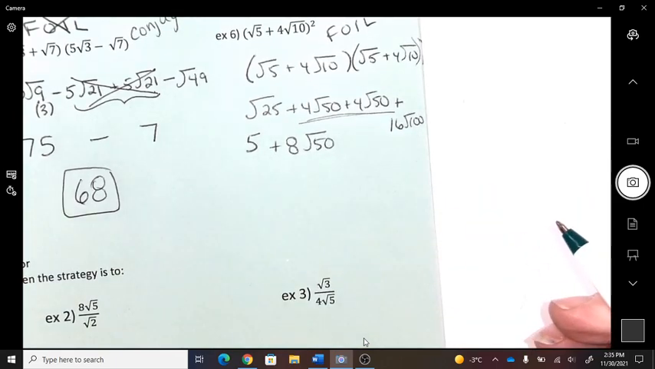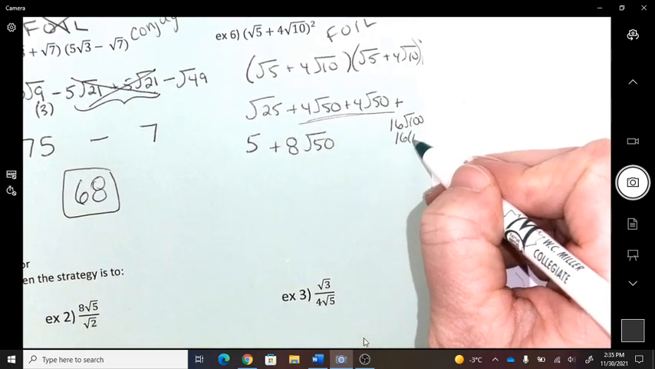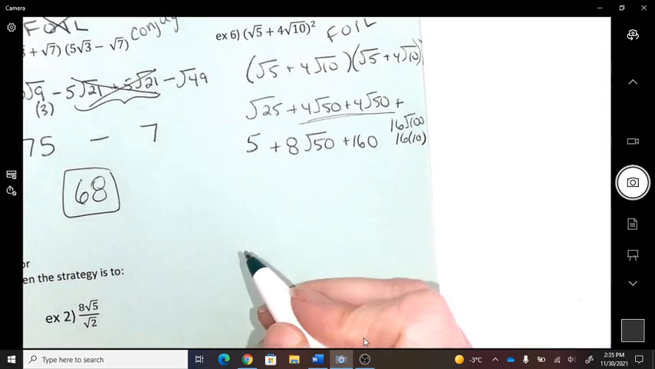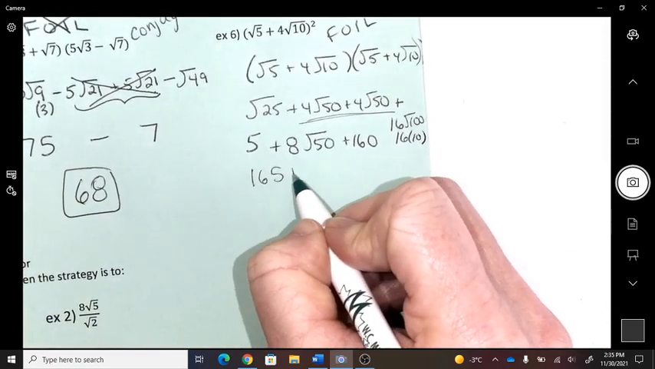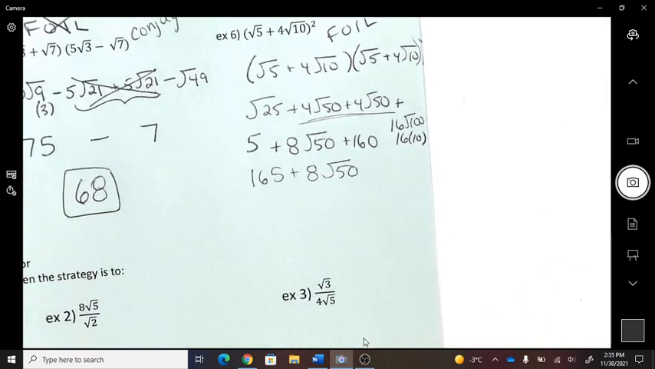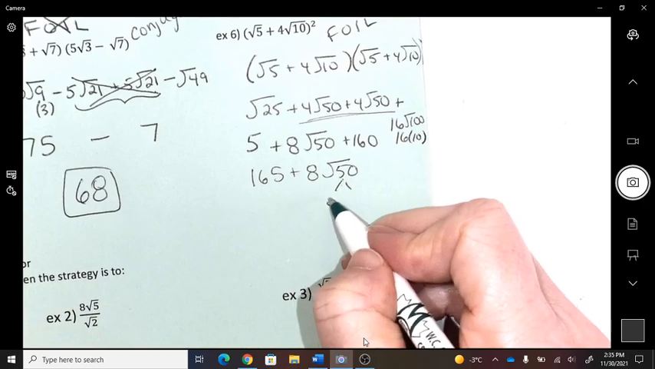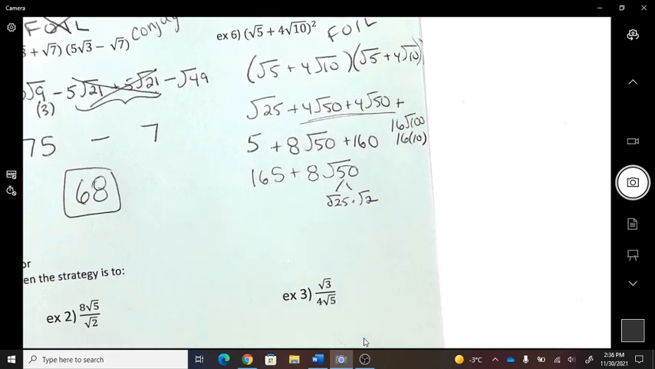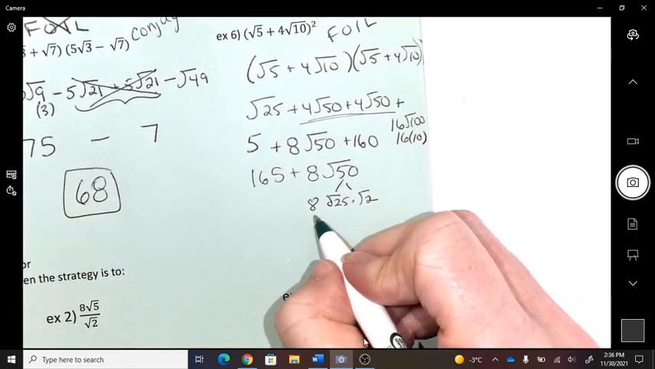16 times root 100. Can you work with that? That would be 160. 16 times the whole number 10. So plus 160. So 165 plus 8 root 50. But I'm actually not done. Do you want to make that thing as small as possible? If I'm making them as small as possible, what can I break 50 down into? Root 25 and root 2. Okay, so then that becomes